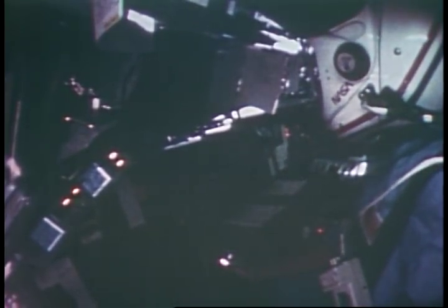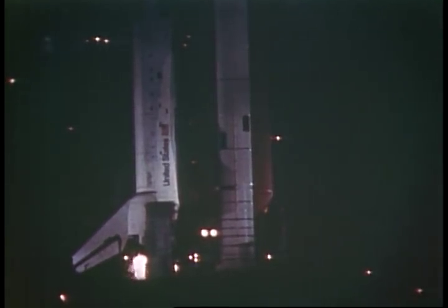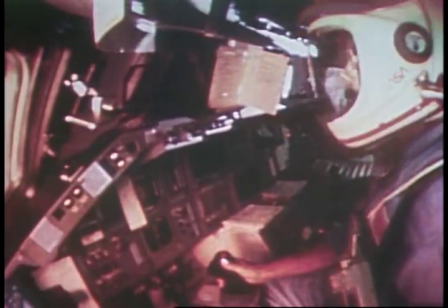get off. Here's a picture in the cockpit before liftoff. That's looking over Richard's shoulder. And we got off a little bit late, but we did get to go. And the three main engines started just fine and were running very smoothly. There was a little bit of vibration in the cockpit, the SRBs lit off and it became very bright,